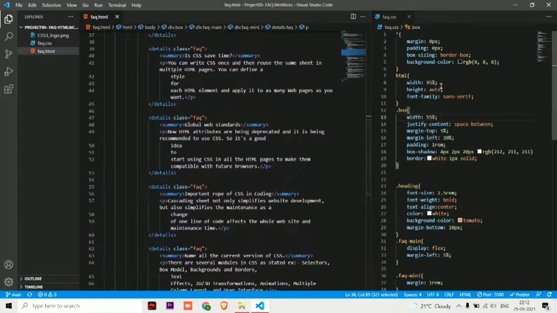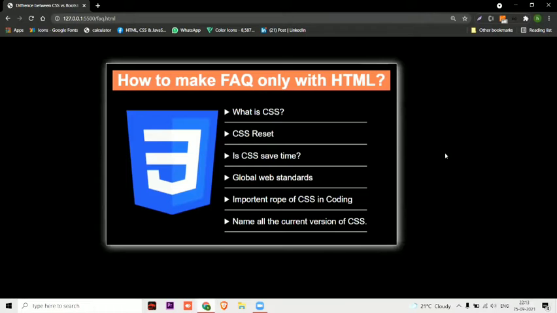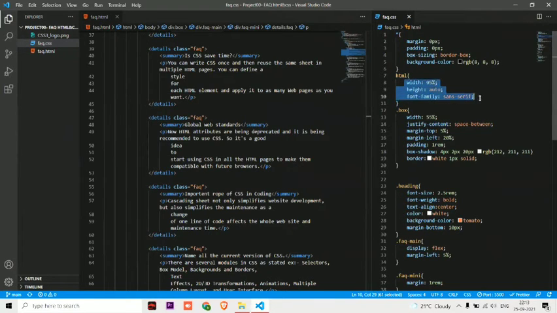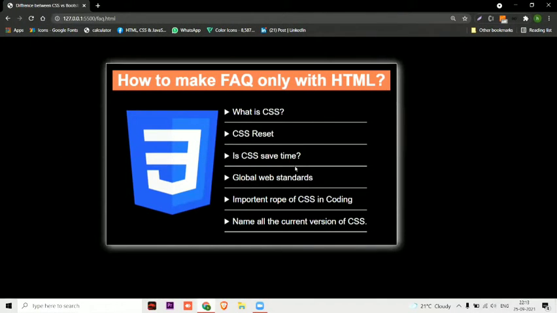And then let's come this side. So this is the CSS, and I hope you know that star is a universal selector. So if you want to apply on the whole page, then you can use star and you can apply that. Or else you can use body or HTML, but mostly we use star as the universal selector. After that, I have taken HTML, and I have given 95% width, and height will be auto, and font family. It's completely normal. If you want to take, then you can take, or otherwise you can leave it. And 95% width means left and right, it will give a little bit of space. Okay.